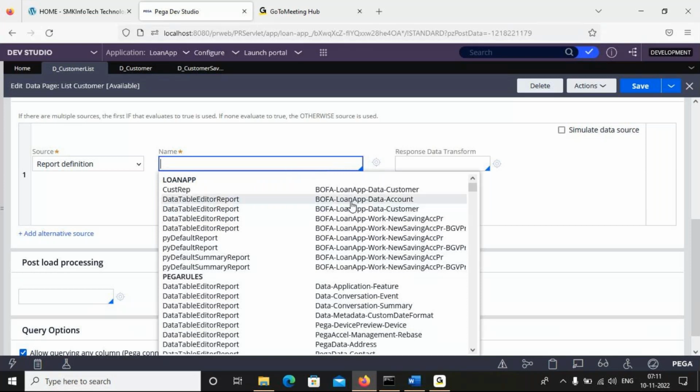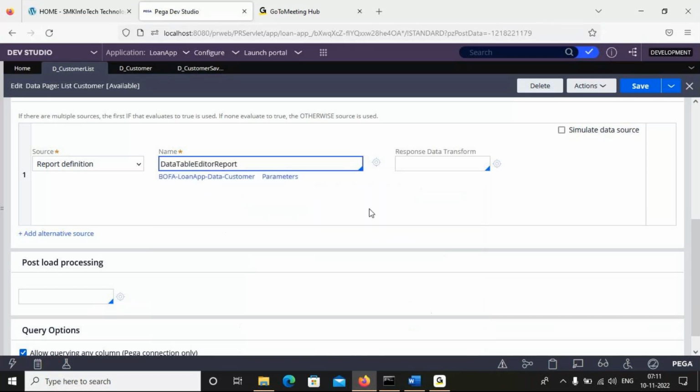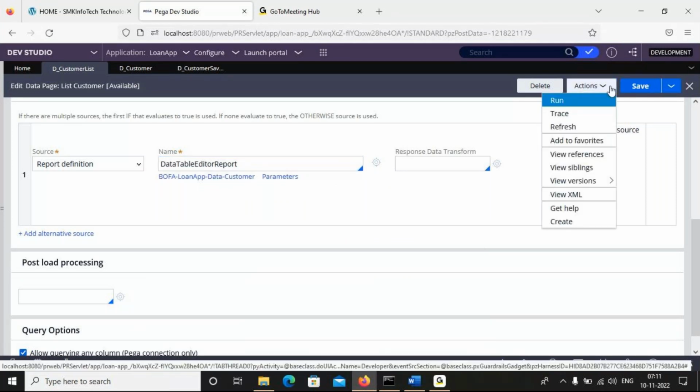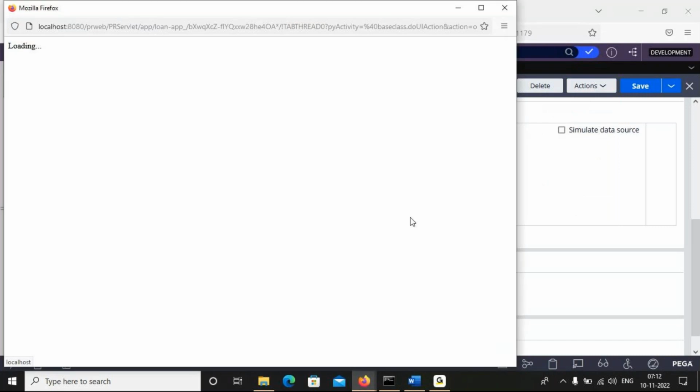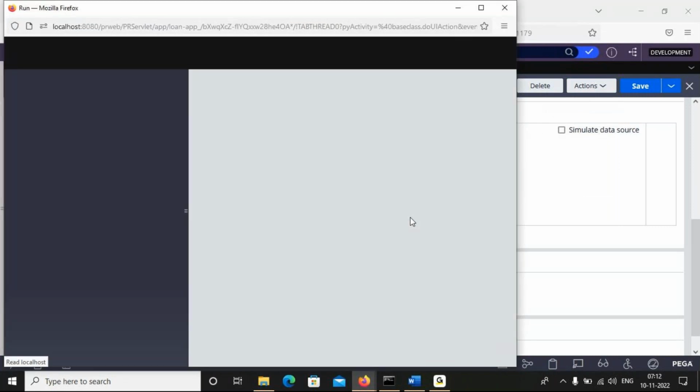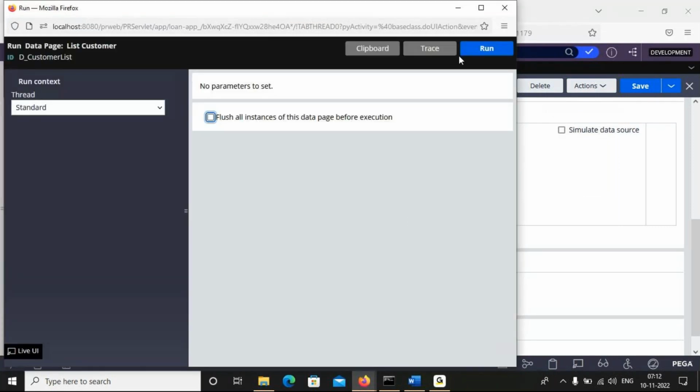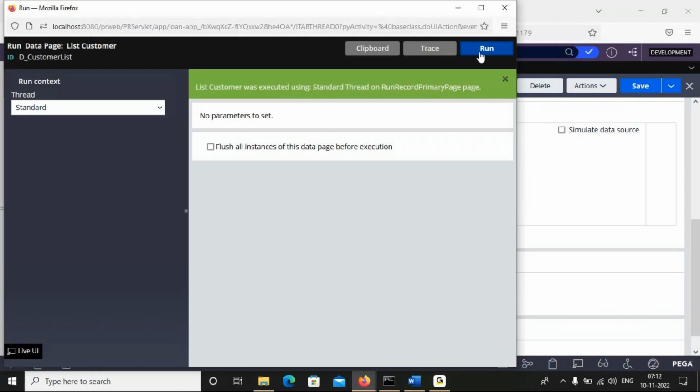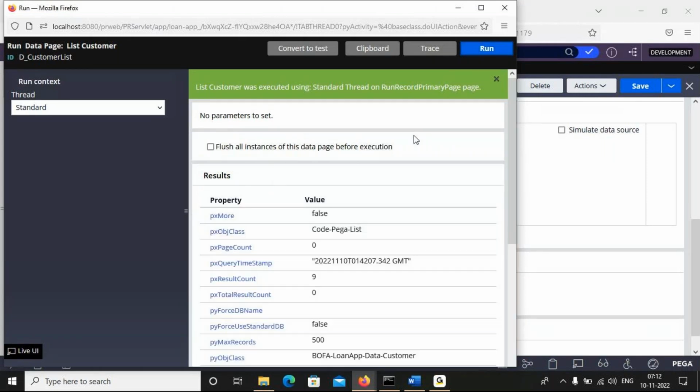This one, right? Customer. Okay, we don't want change. Go for actions. Run this. So this is Pega creator, right? Nine records.